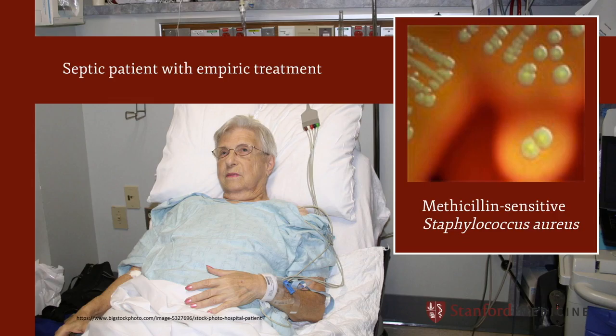The role of clinical microbiology laboratory and antibiotic stewardship is illustrated in this slide for the diagnosis of bacteremia. Here we have a septic patient that is being empirically treated with vancomycin to cover gram-positive organisms. And the goal is to detect and identify the pathogen, which in this case is methicillin-sensitive Staph aureus, and de-escalate therapy to a beta-lactam antibiotic.